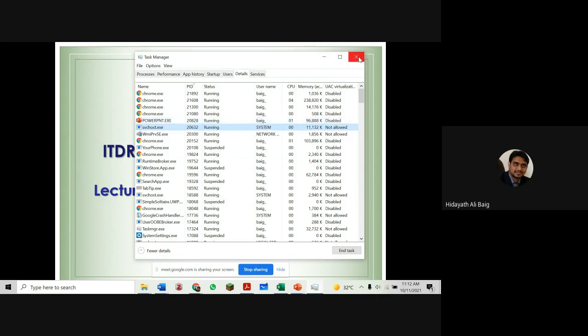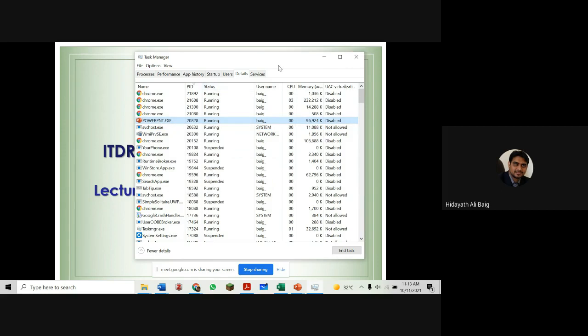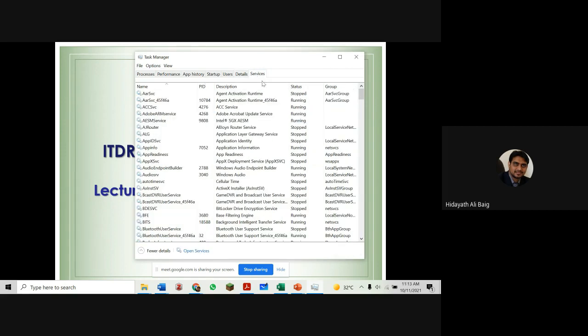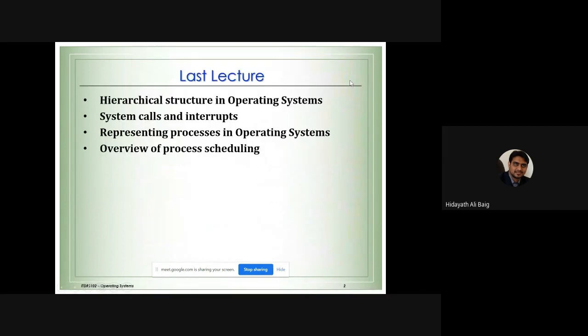Now, continuing to that, I will show you later on. There are some utilities to show the parent process and the child process, all the details. We cannot see it here actually. With the help of those utilities, we can see the process tree. I will show you later on how to see that. We need to have some other utilities.